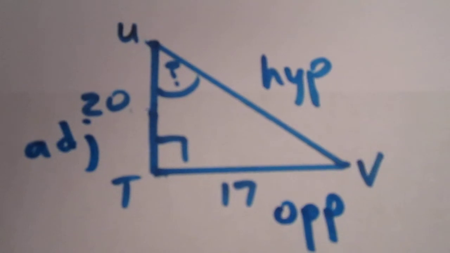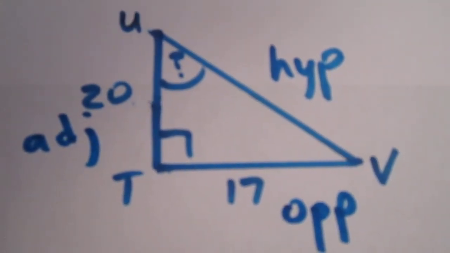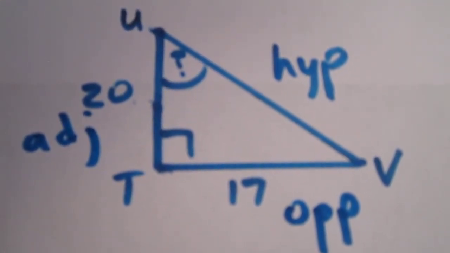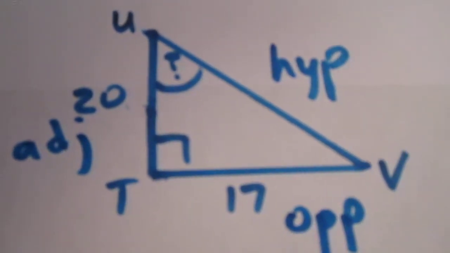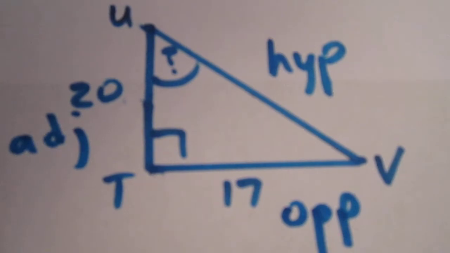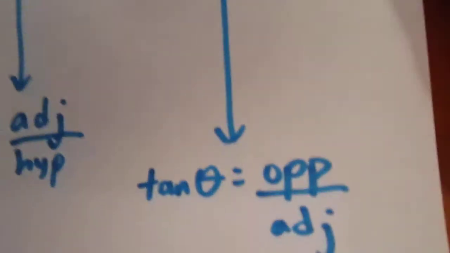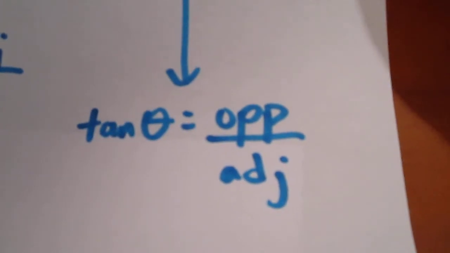We ask ourselves, what is the relevant trig ratio when we are considering opposite and adjacent and ignoring hypotenuse? Well, when we're only considering opposite and adjacent, the relevant is tan, because TOA stands for tan theta equals opposite